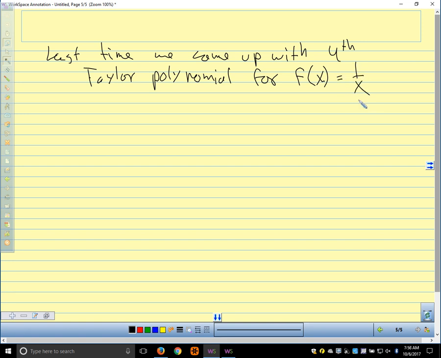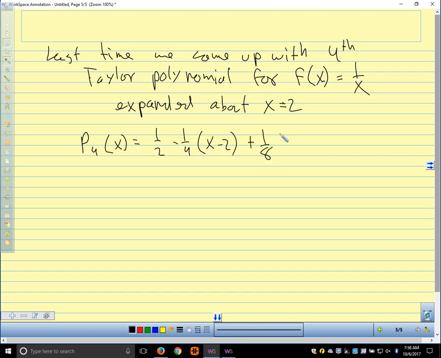So what I want to do here, and we expanded about x equals 2. So we said that p sub 4 of x was 1/2 minus 1/4 times x minus 2 plus 1/8 times x minus 2 squared minus 1/16 x minus 2 to the third. Let's find a general expression